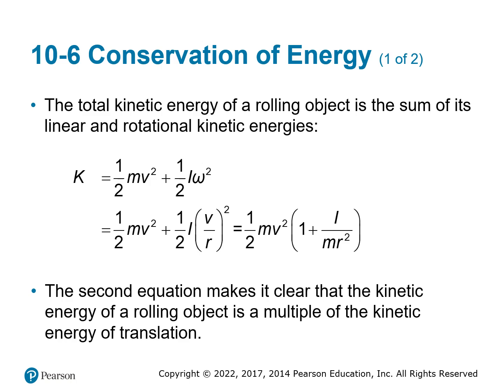So when you take into account linear motion and rotational motion for kinetic energy, you just need to combine them together. This second equation down here just makes it clear that you have different kinetic energies at play within the same object. So most commonly you will see it as this guy. But this just tells you that you have linear kinetic energy and rotational kinetic energy happening at the same time.